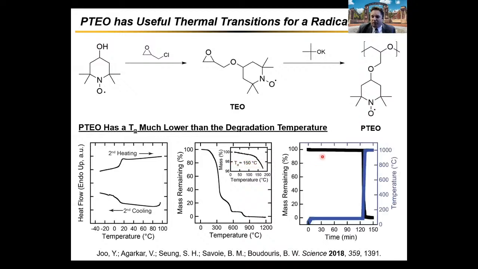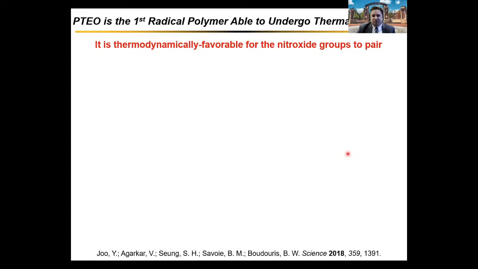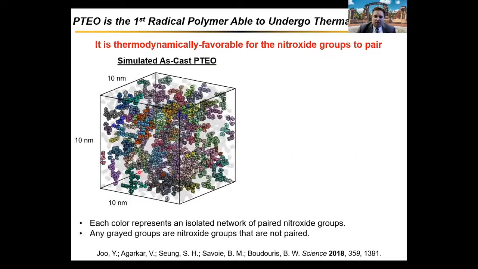And this opened up a large processing window where we were actually able to thermally anneal the materials before we tested them for their electronic conductivity purposes. And this was important for the following reason that we saw through simulation. Basically, simulations suggested to us that these nitroxide groups really did want to order at a local level in the thin films. In an example of this, what we have here is a simulated as cast, if you will,